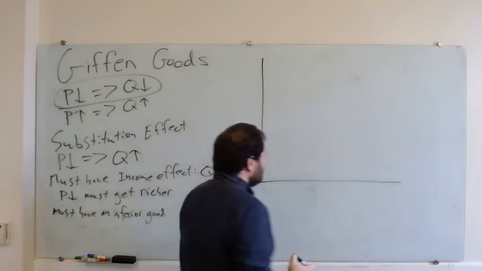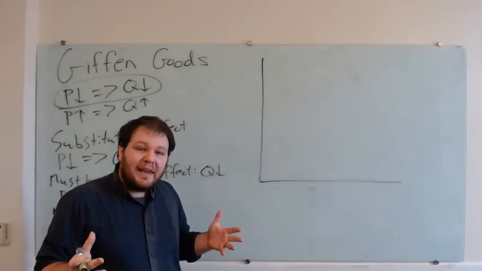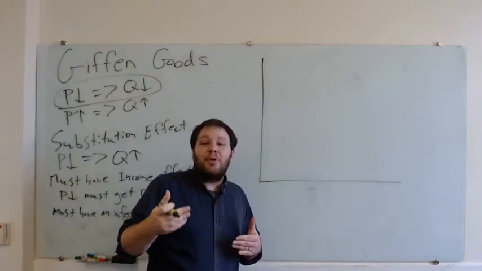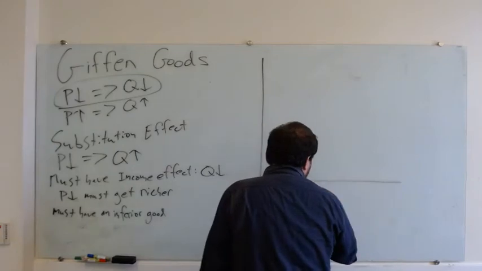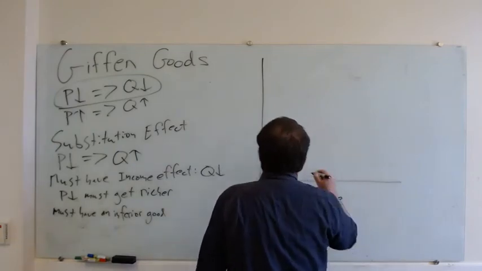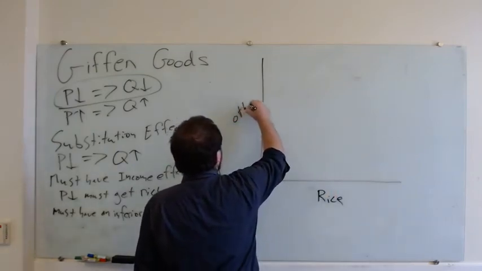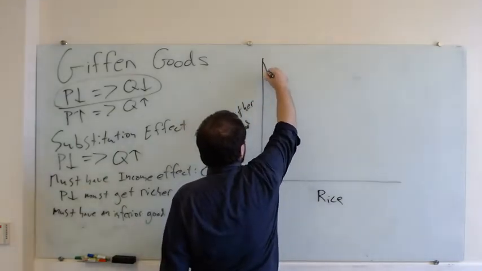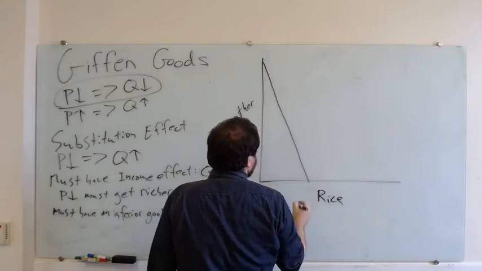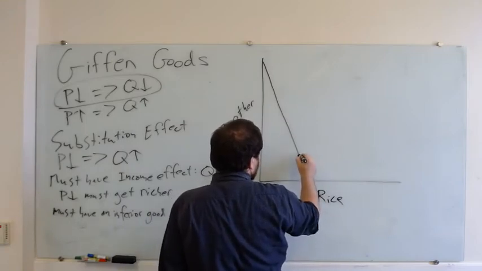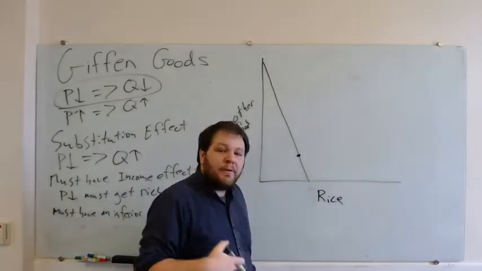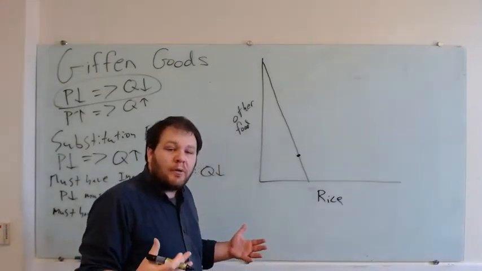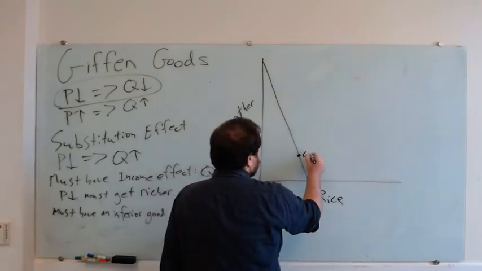someone did an experiment trying to look at this in the Hunan province in China, where the staple grain is rice. So let's imagine that we have rice and we have other food. We have an original budget where rice is fairly expensive, and especially for the poorest people, it makes up a large portion of our overall consumption. So we're going to consume a lot of rice,